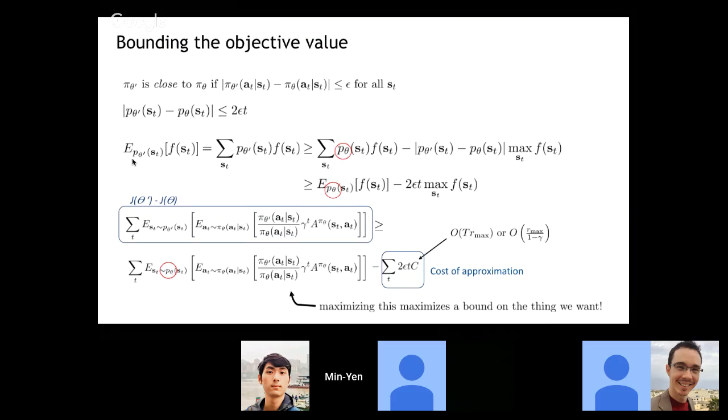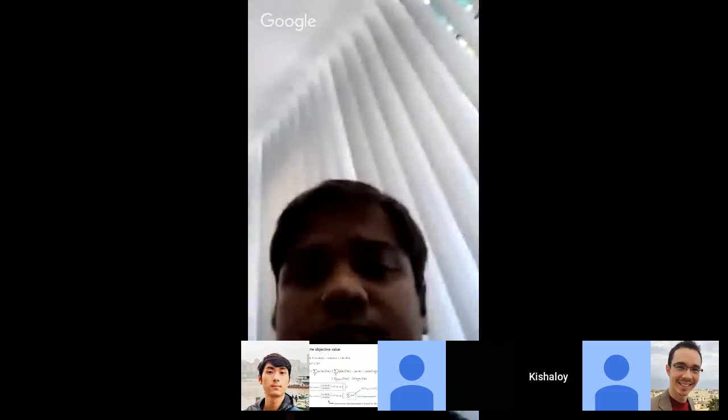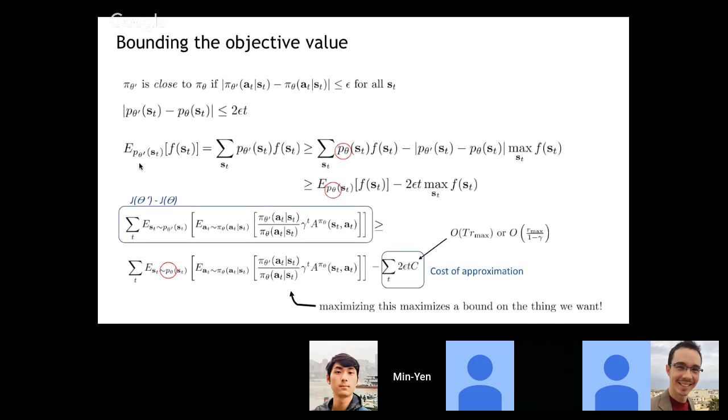But before that, this is a slightly more generic case to show the bound on the expectation. In this case, you're using some generic score function f of s_t here, and we'll substitute later. This equation here is just the definition of expectation, and if you notice, using a different probability distribution, say the original one, it's actually more than or equal to the other one minus the